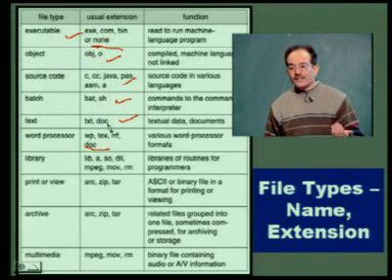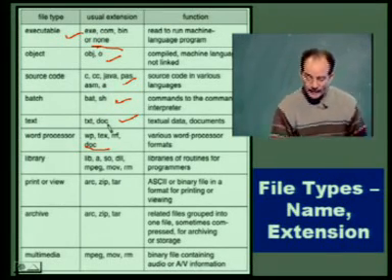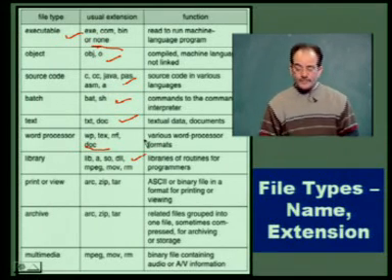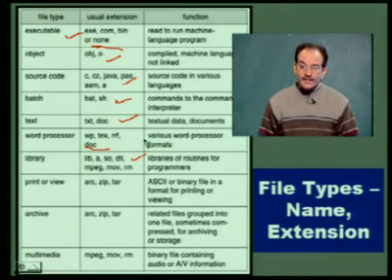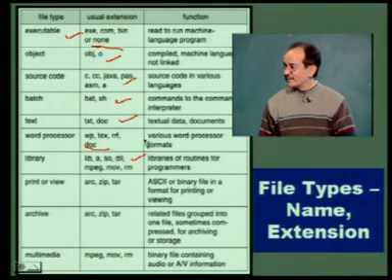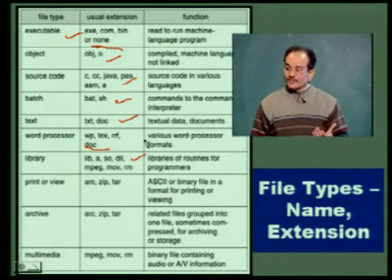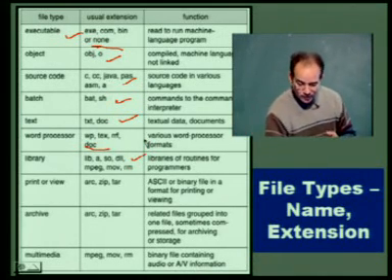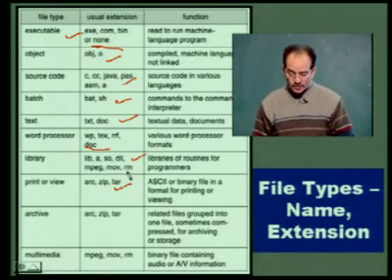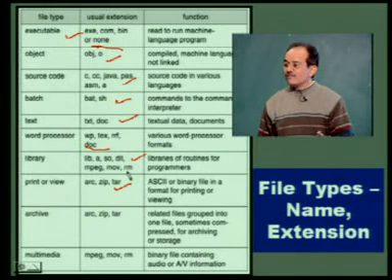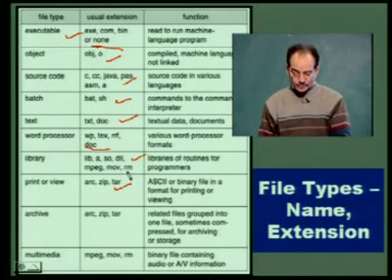extension for Word files in case of Windows, or it can be some library files, maybe your lib, maybe your A or DLL files. What are DLL files? Dynamic link libraries. These are some of the files which are available in a Windows environment, or it is some sort of print or preview file, maybe archive files, zip files or tar files. They are basically files where some information is kept in a compressed form or in some other forms,